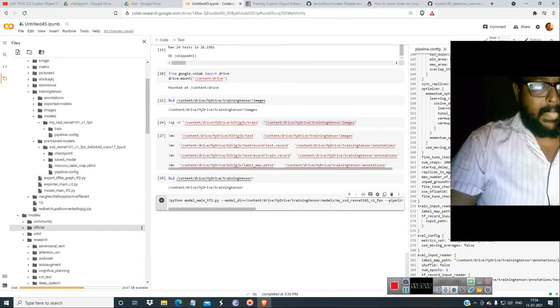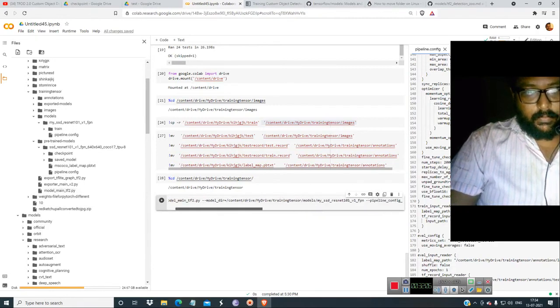Having this model main tf2, we are putting this fpn, this drive folder, which is the model directory, and the next one would be the pipeline config, and the next one would be the checkpoint. So let's see whether this starts the training.